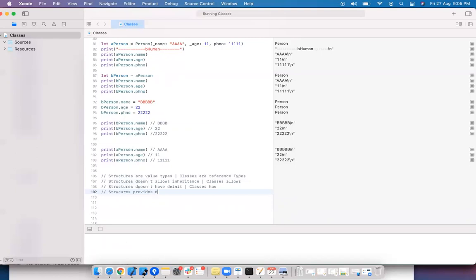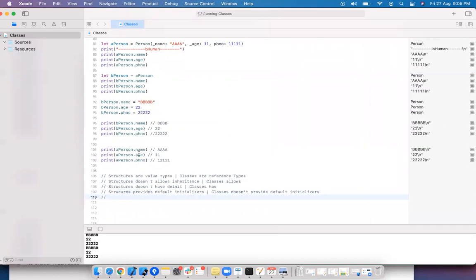Structures provide default initializers. Classes do not provide default initializers.